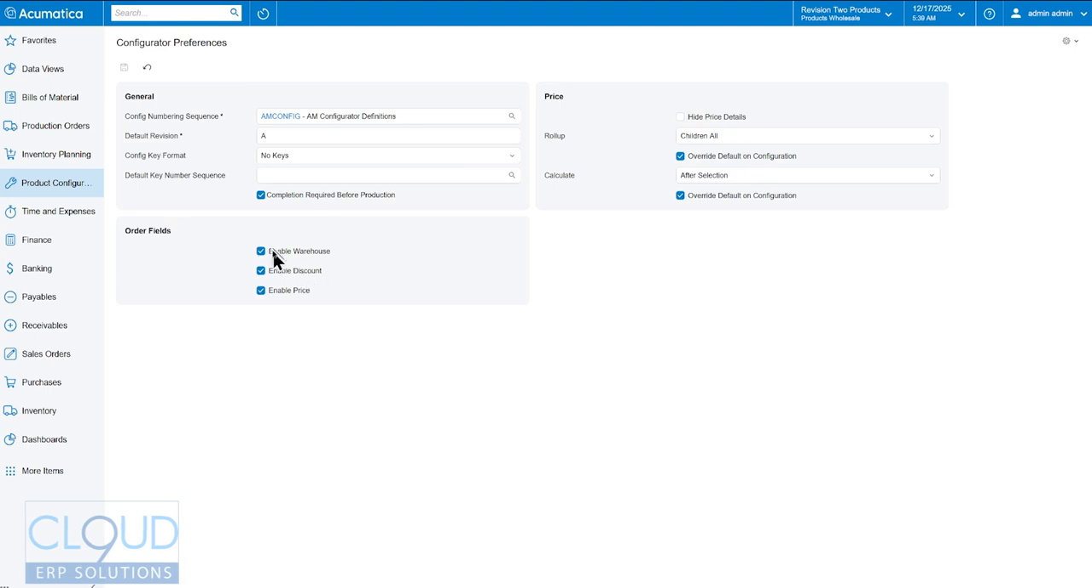Over here, we have the ability to enable or disable these fields. So for example, I may disable this warehouse so that we can't produce it in different locations. And the same thing with the discount. Maybe I don't want my salespeople to discount or change the price. Over here under rollup,